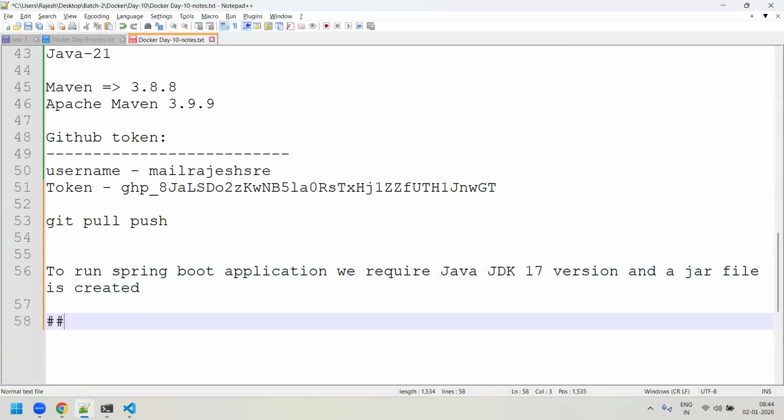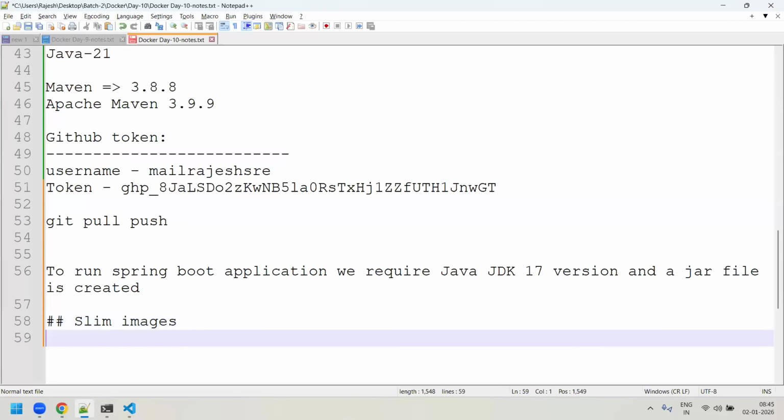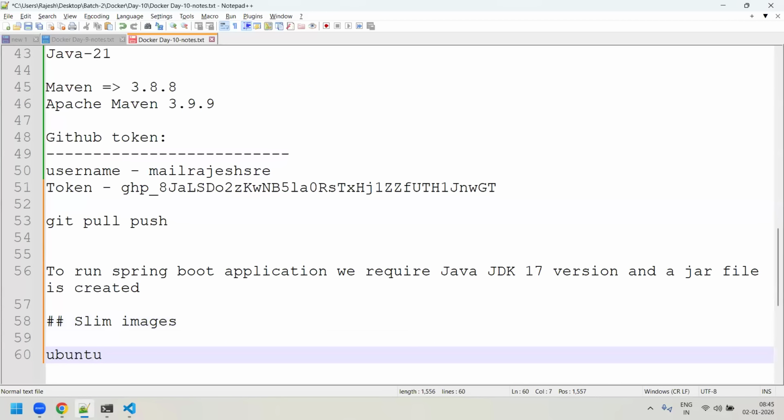So let us also try to parallelly understand what slim images are. A slim image is something like a lightweight image, guys. For example, you have an Ubuntu image, Ubuntu 24.04. This is the image, guys. So if you try to do a